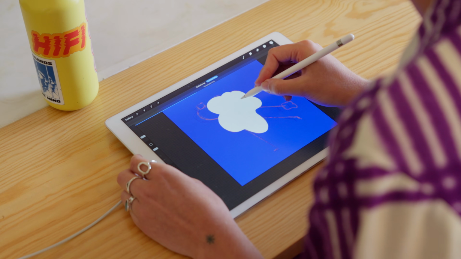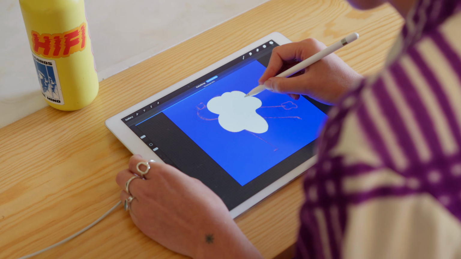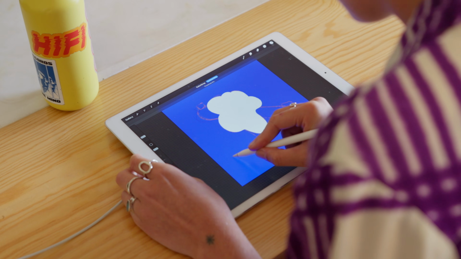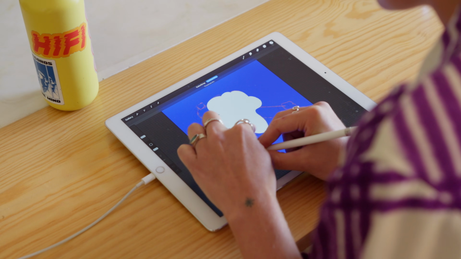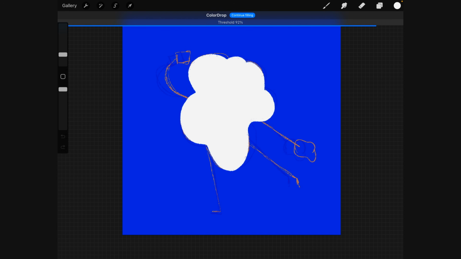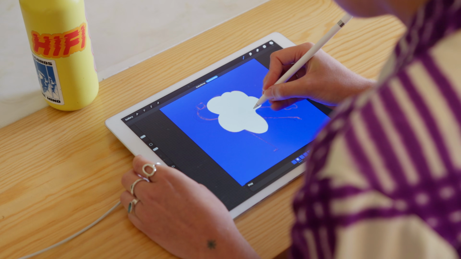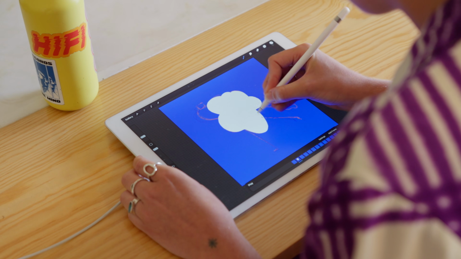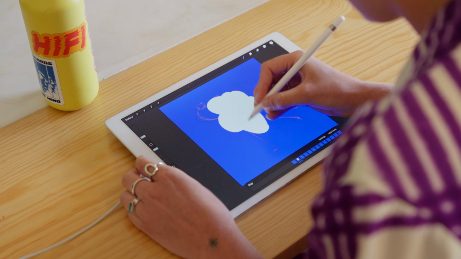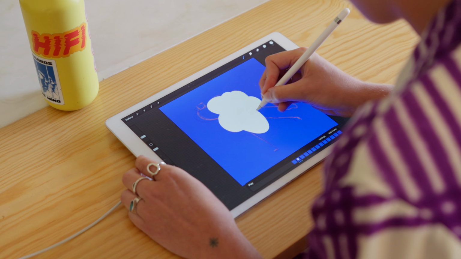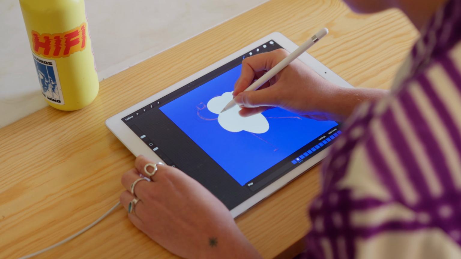Then we can fill the shape using this color drop, and we can change the threshold to make sure that it's getting the shape. When I pull the threshold all the way down, you can see the edges starting to show. So if I pull it all the way up, it fills that shape out nicely. I think let's have this kind of shape like that. Almost like a flower egg.